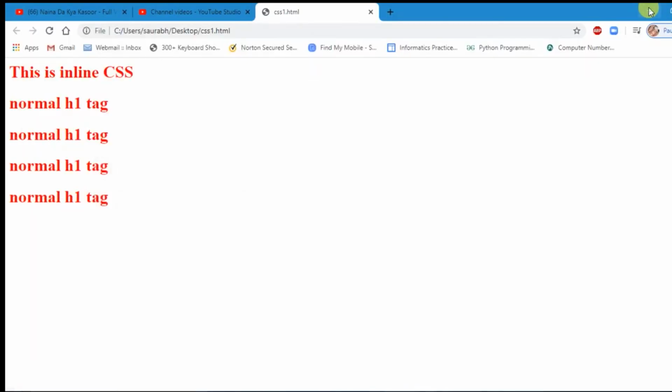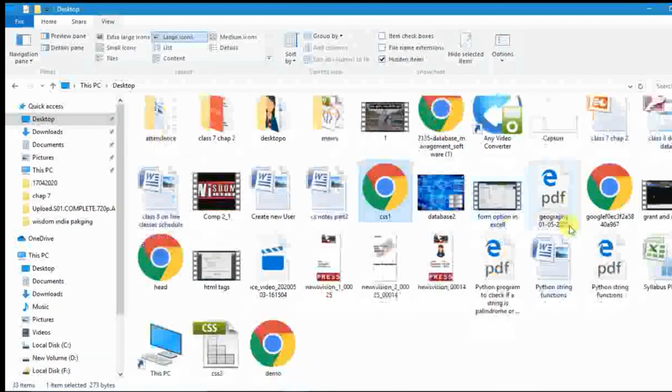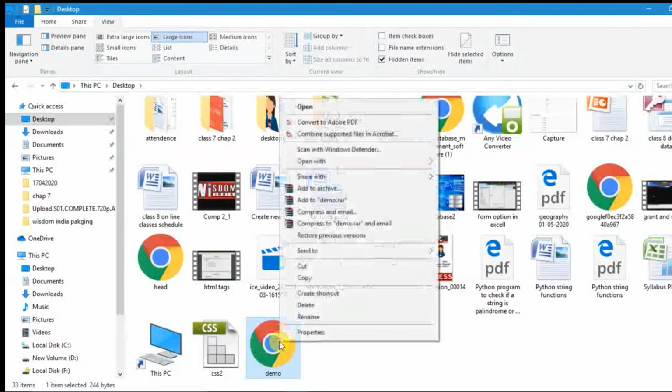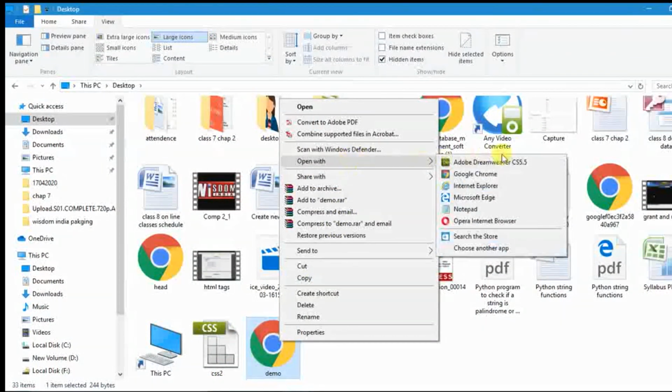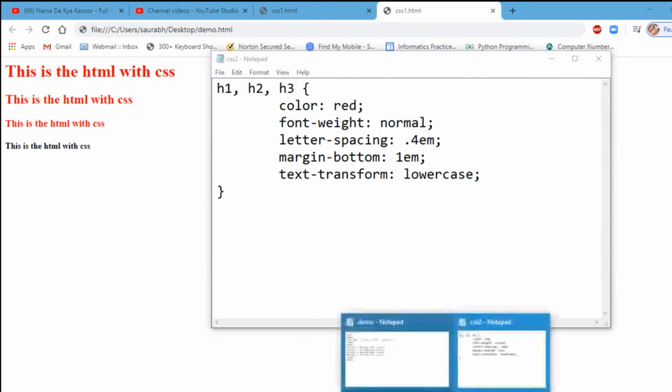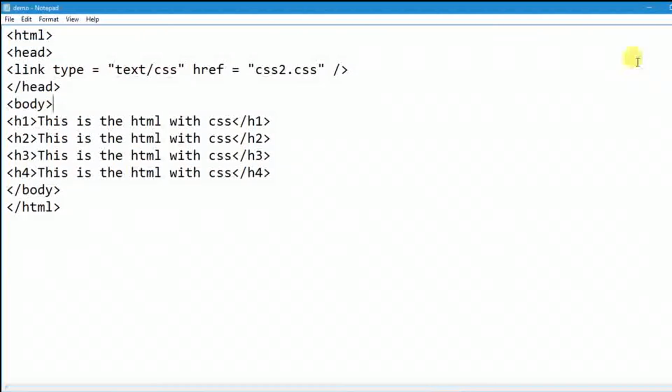So look at here on the desktop, I'm having the demo file here, and near to the demo the CSS2 file was there. Right click on the demo, open with. Here is the CSS code in which we passed H1, H2, H3, that's the red color, and it is the HTML code in which I passed H1, H2, H3 and H4.